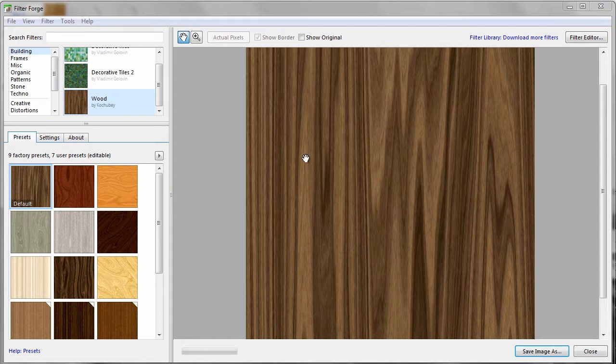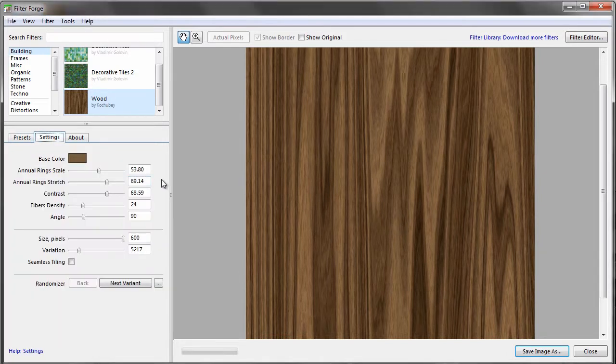I thought I'd show you this video real quick. I found a program that you can mix up all sorts of materials, and so we'll go to settings, and so here's a wood texture,